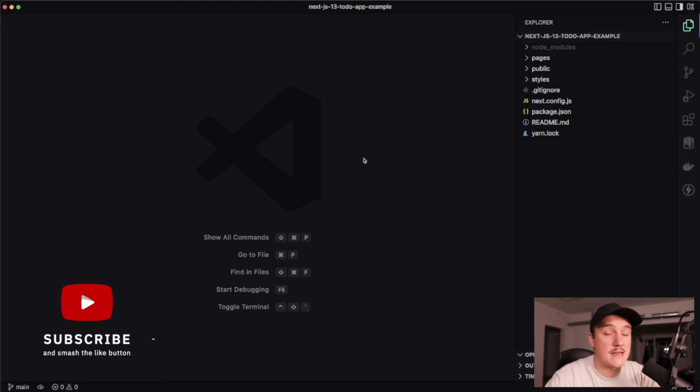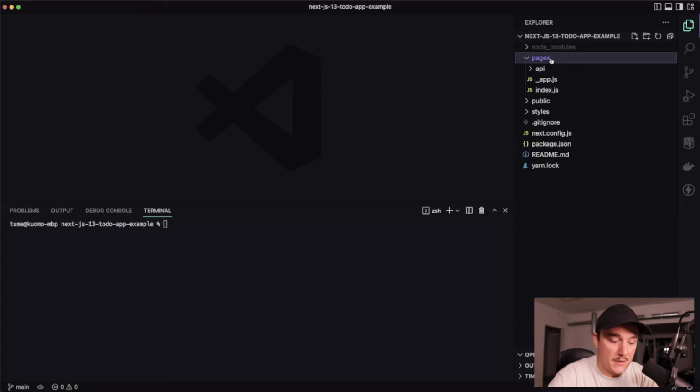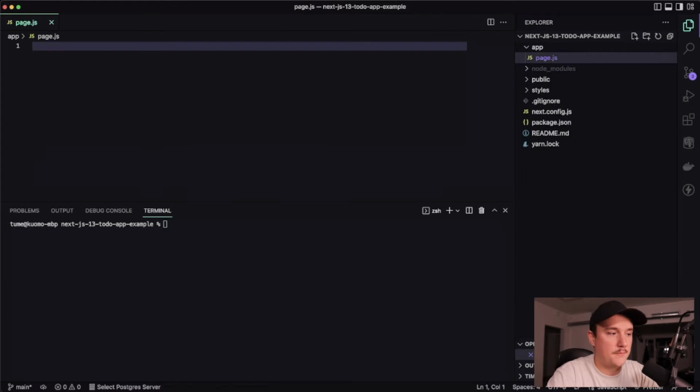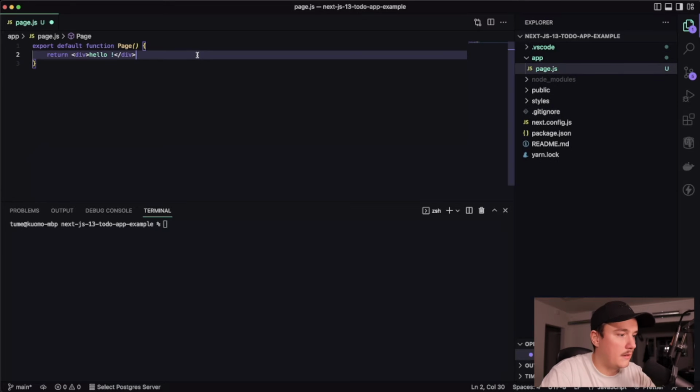So let's get started. Here I have a fresh Next.js application open. What I will do is delete the pages folder because we won't need that, because we are using the app folder which came with Next.js 13. So we will add that, and inside of that folder add a page.js file. From this file I will just export a function like this, and let's save it and try to run